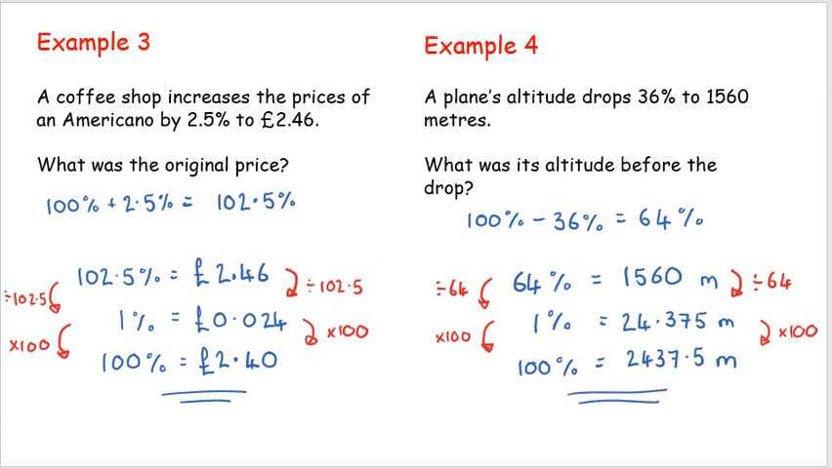So the original altitude of the plane was 2,437.5 metres. And again, we can double check that in your calculator if you need to. Double check what a 36% decrease would look like if we started at 2,437.5. And you'll see we'll end up at 1,560. Okay, so I encourage you to go back and try those examples again without